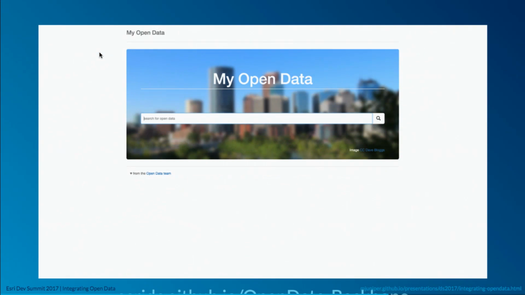There we go. And we still can't see it. Anyway, it's just a link to the GitHub repo. It's Esri DC /opendata-backbone. Nope, that won't really work very well. Anyway, this is an